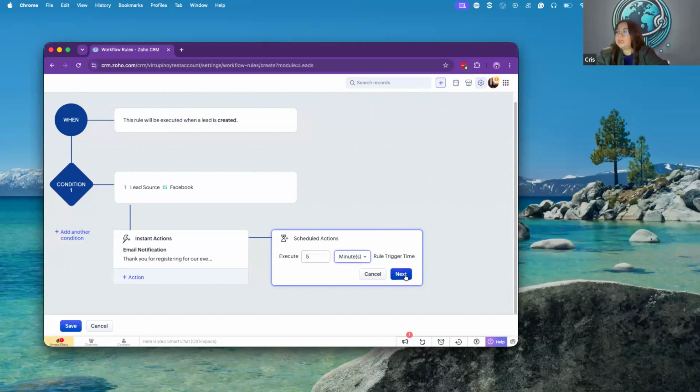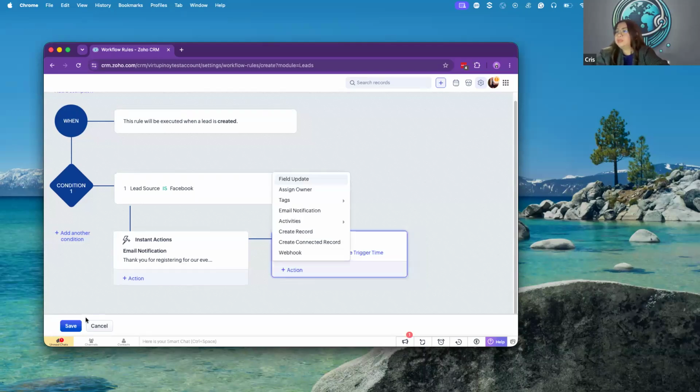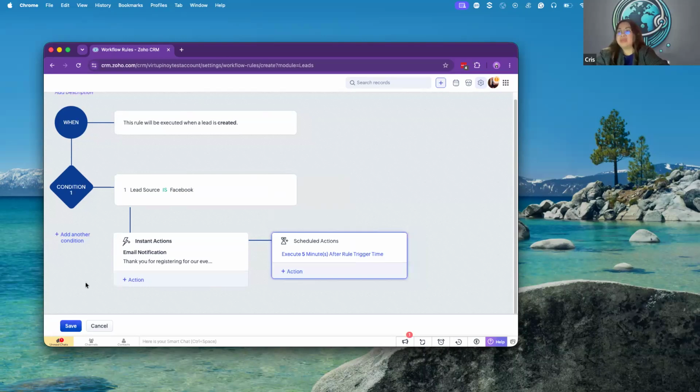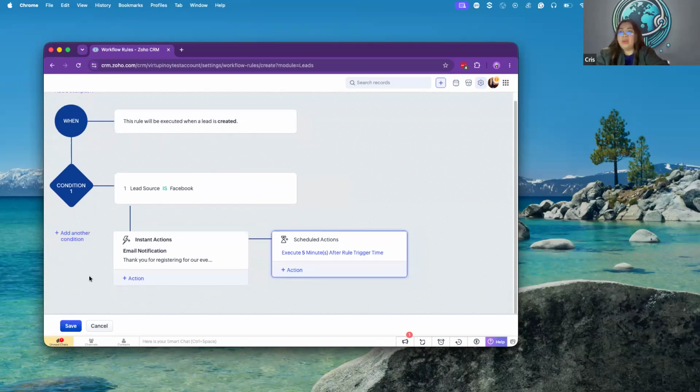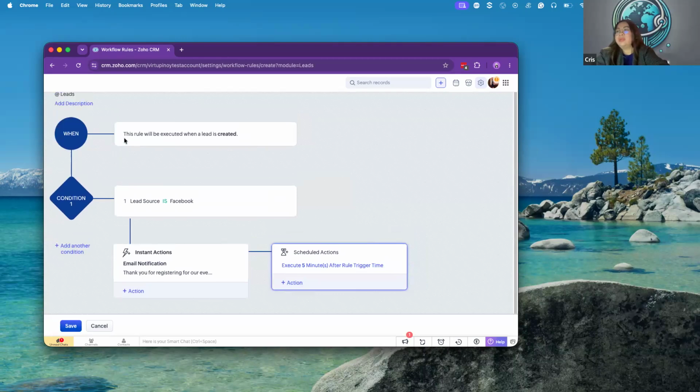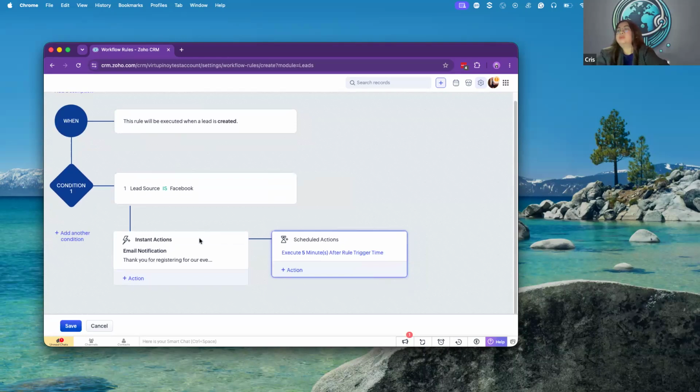And then let's click next. And then we can just save it. So now what we did is that when the lead registered via Facebook, the Zoho system will automatically send an email notification to the lead. So, napakadali.